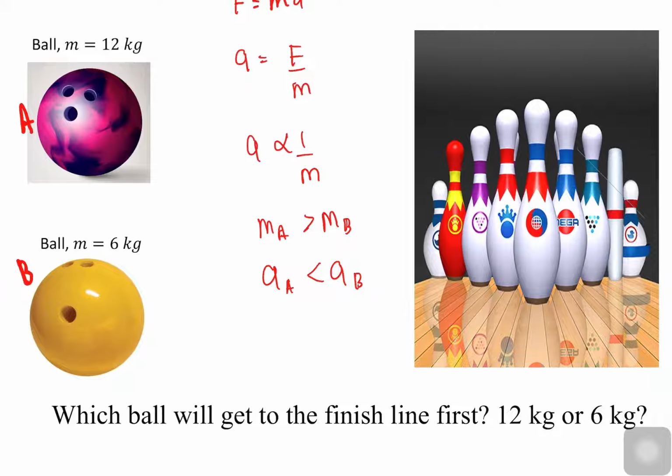The second question: which is easier to strike with? The ball that is easier to strike with is ball A. Why? Because we talk about inertia. Remember the definition of inertia: if the object is in motion, it will stay in motion; if at rest, it stays at rest. It's the tendency of the object. Basically, ball A has greater mass, meaning it has more inertia. So if your hand throws it in a straight line, it has a higher potential to maintain that straight line than the 6 kg ball.